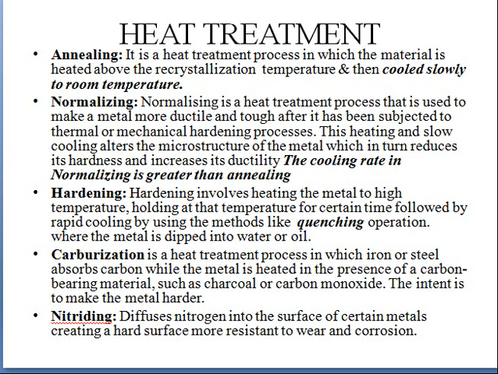Next one is carburizing. Carburizing is heat treating in the presence of carbon, so that the carbon particles will come and get accumulated into the metal which we have. As a result, the strength of the metal will increase. That is carburizing. Next one is nitriding. Nitriding is just like how we are heating in the presence of carbon. Here we'll heat in the presence of nitrogen, and all the nitrogen particles will come and get accumulated over the metal which we are heating, and it will increase the strength of the material. So like this, these are the different types of heat treatments.